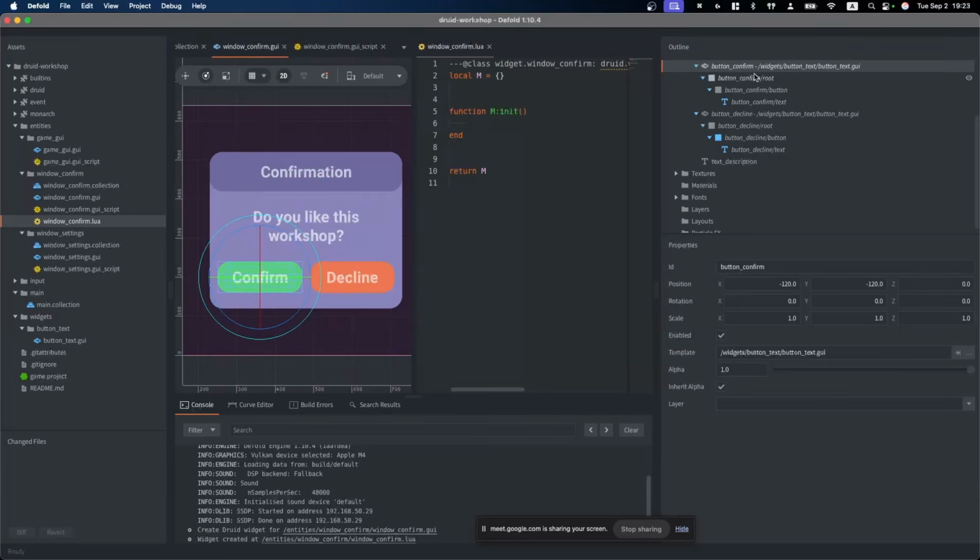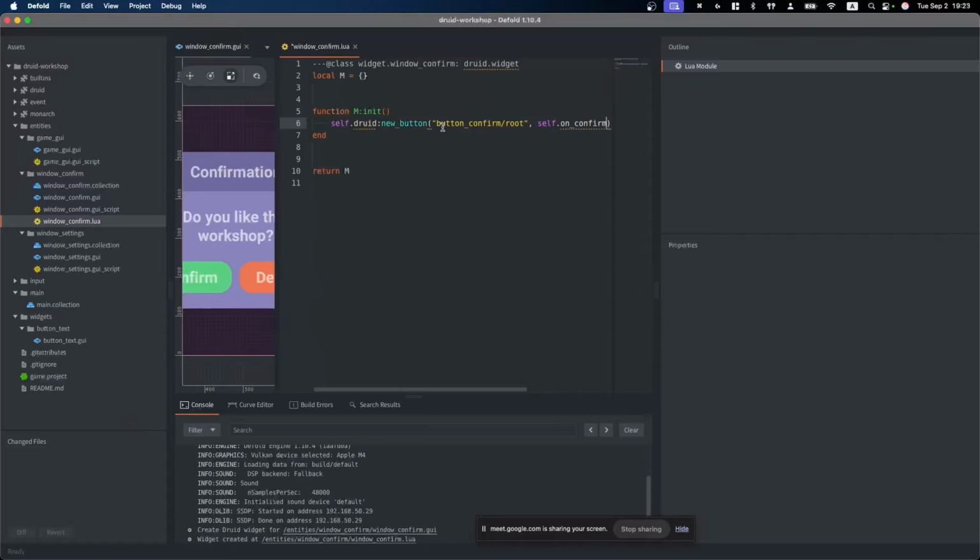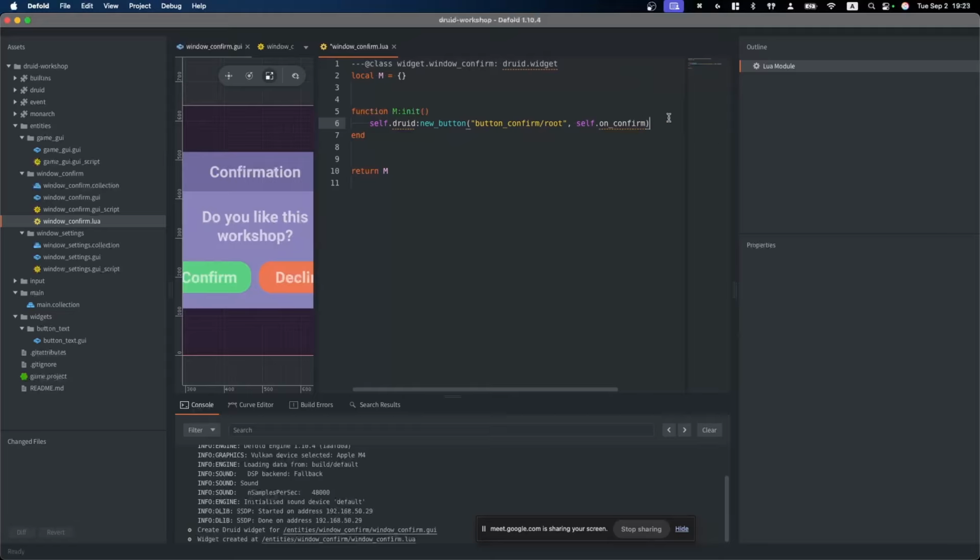We have two buttons in window confirm. So just write this button here, new button. It's the window confirm root, and we call self on_agree, on_confirm. Or I will use it like this. And we have a second button, button decline.